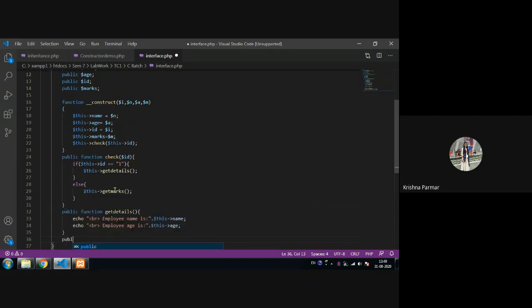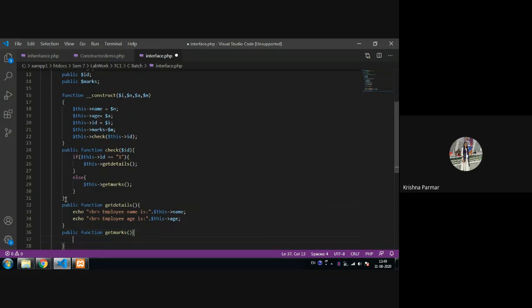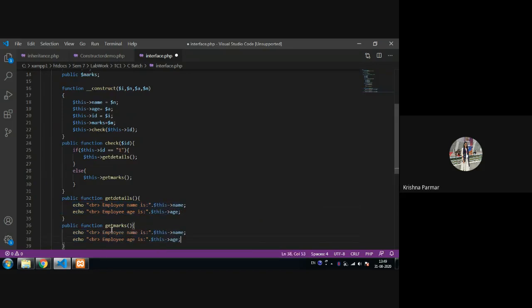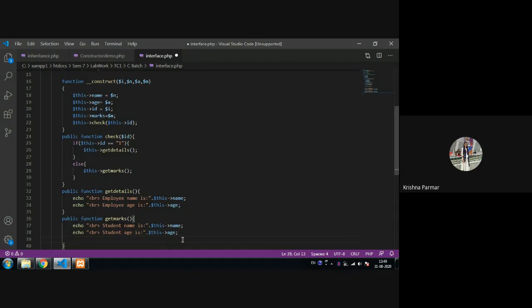So public function getMarks, writing down these things. Here I'm just copying this so it doesn't take that much time. Here I'm writing the student name, student age, and again we need the marks also, right?